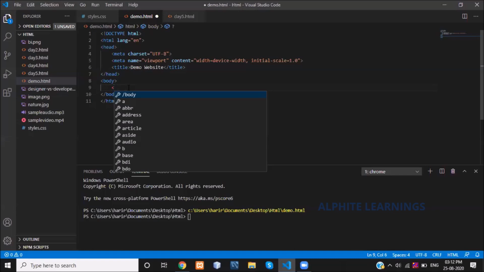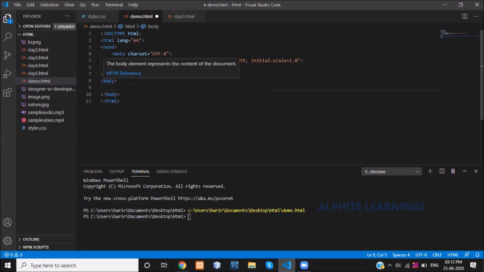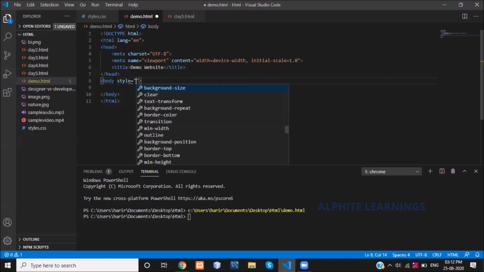For that, I am going to give a background image for my body content. For my web page, if I want to insert an image, I go to the body tag and give a style, background.